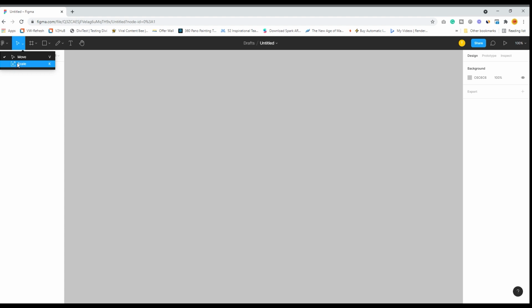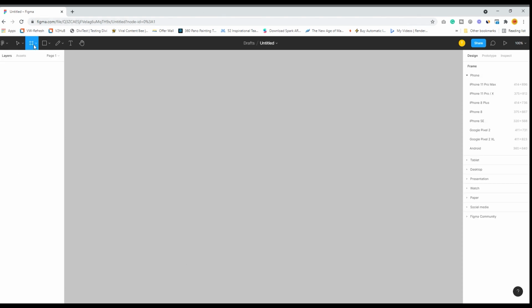But before we actually see how it works, let us first click the most important tool of the entire interface, which is your second slot, the frame tool. For creating any interfaces, it is all about the frames. If you don't use frames, you cannot create your prototype. So that is the basic bare bone structure of any of your designs. So as I click on the frame, which is F as a shortcut key, you will see in the right